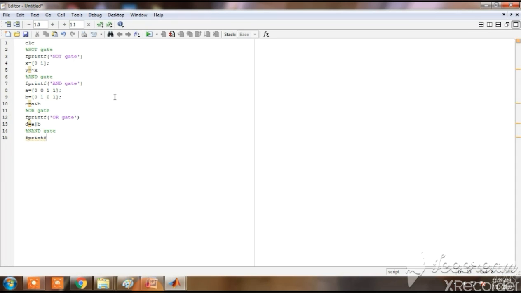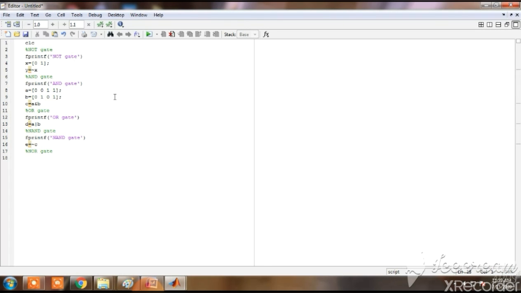For each and every gate you have to display the output, so we have to write printf NAND gate. Here E is equal to NOT of C, which is the complement of AND gate, so NOT of C.